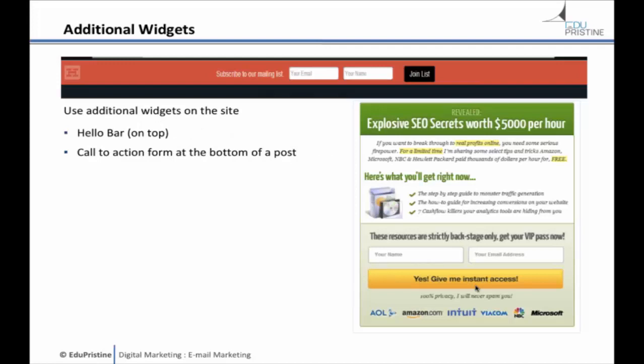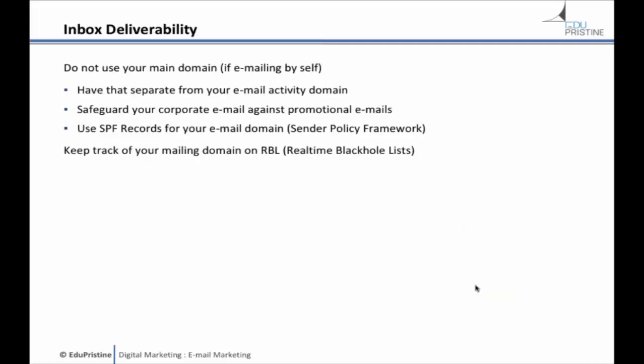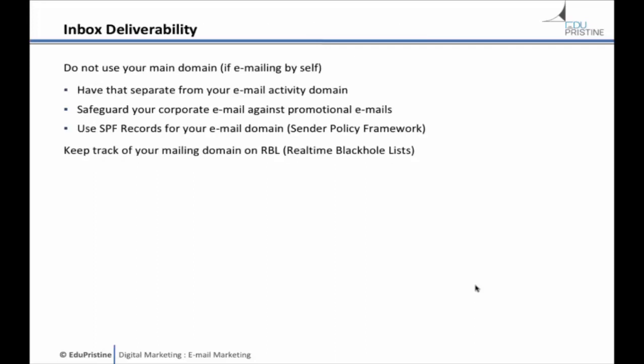So this is about increasing the number of opt-ins. Now this seems to be a little technical, but it's good to know, and as a digital marketer, this is something that you're expected to know. As to if the emails are not received by people, if they're being blacklisted, how do you go ahead and make sure that the blacklist is removed? We will come to this again. I'll just give you a brief now, and we'll come back to this after a while. Whenever you're doing mass emails, never do it from your main domain.